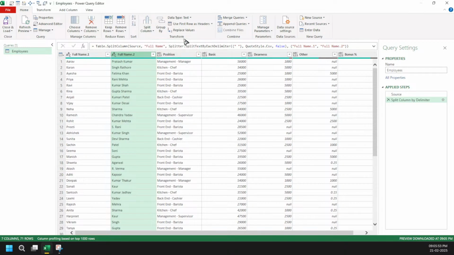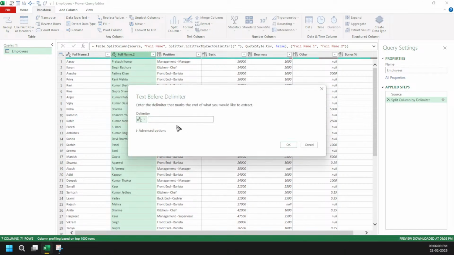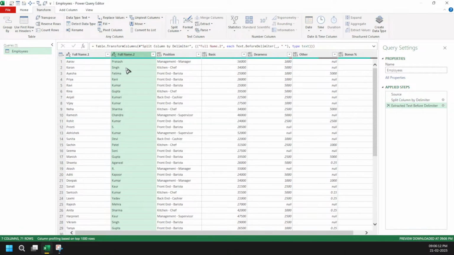Instead of splitting, what we can do is come to the Transform tab, then come here and Extract. But what is my delimiter here? Text between delimiters, I have got only one space. Text before delimiter, I have just got one space, and if I do that, I am going to get the middle name and a combination of the full name. So it's not making sense. So what to do? That's where your creativity comes in. Power Query is not the issue. You just need to be creative in how you solve these issues.